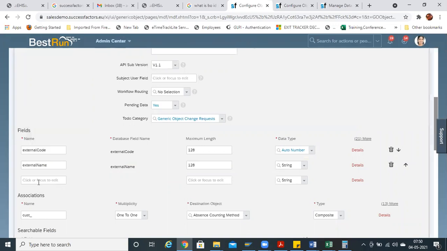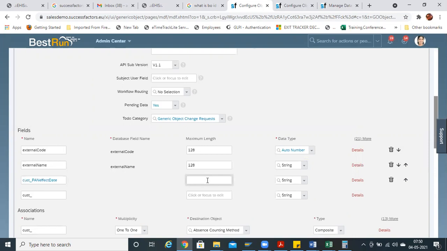Now tell me how to mention that custom field. Any idea? We have to create a custom field, right? Suppose I want to create an effective date for PAN number. So just write here without any space. The code will be without any space. Date format, let it be 10. Now what to mention in this data type? I have told you many times.